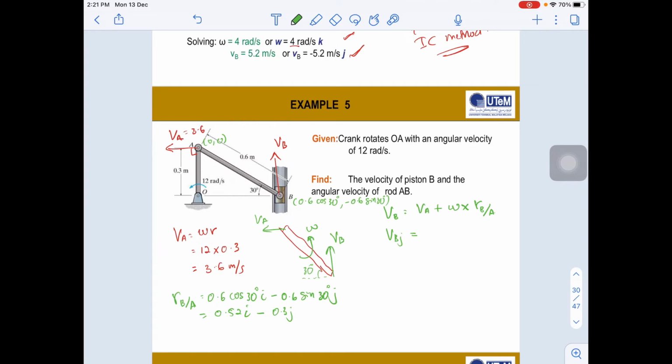So VA only move to the left, so you have negative 3.6 I plus omega K times dengan 0.52 I minus 0.3 J, right? So VBJ is equals to negative 3.6 I